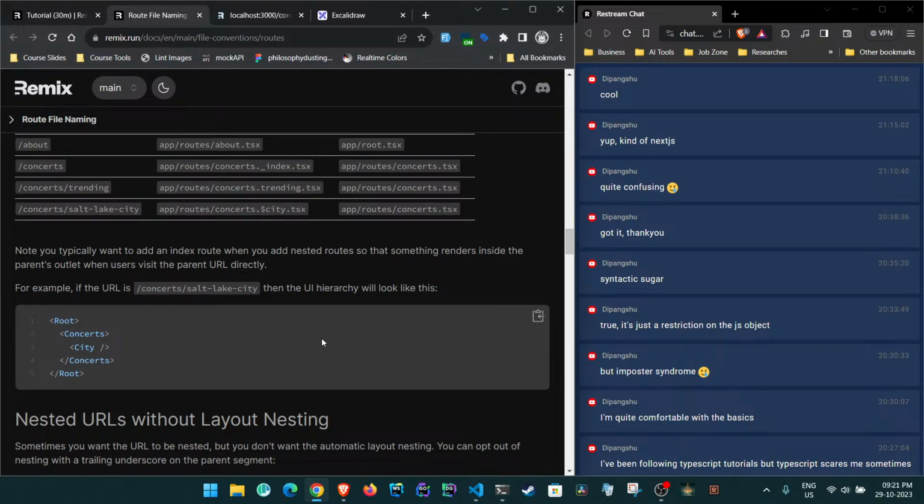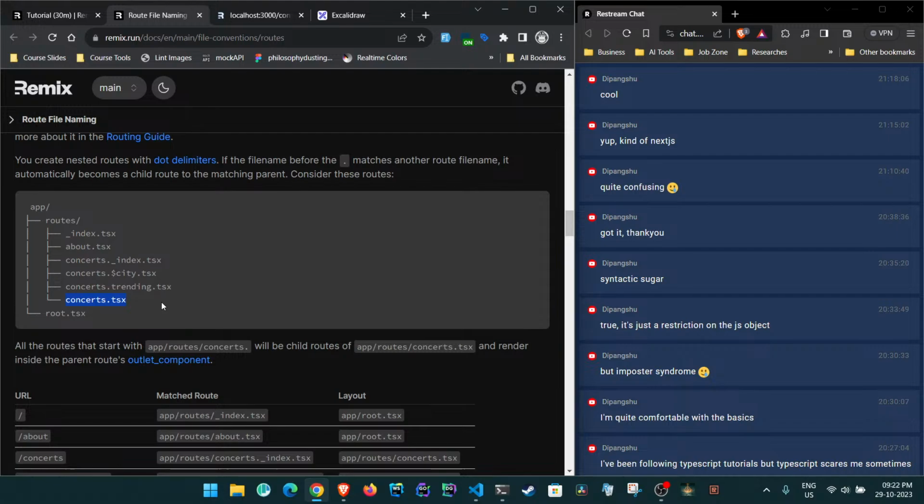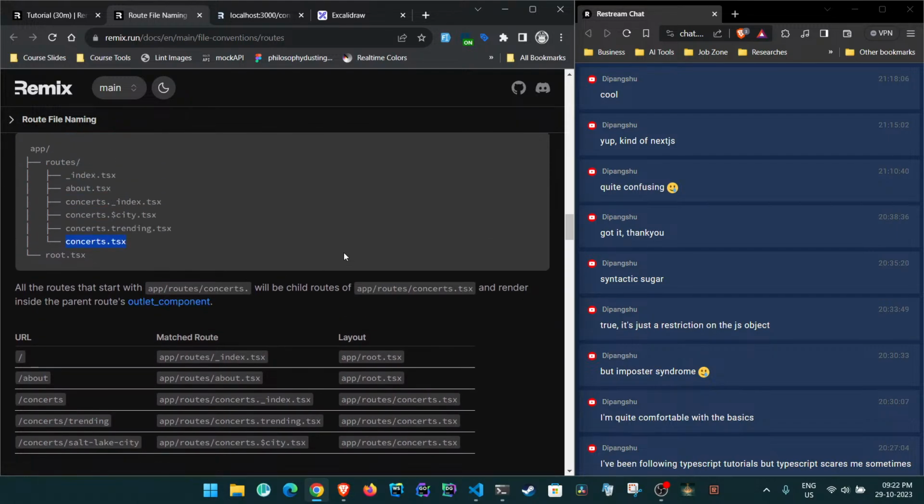So, for example, if the URL is concerts Salt Lake City, then in routes the UI hierarchy will look like root, then concerts, then city, and concert.tsx is going to be a layout. This looks like Angular. In Angular you have something called router outlet and child after child after child, things like that. So basically what it is saying is that if I go inside, say,